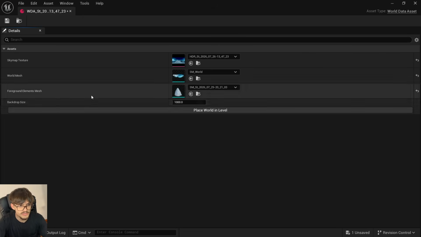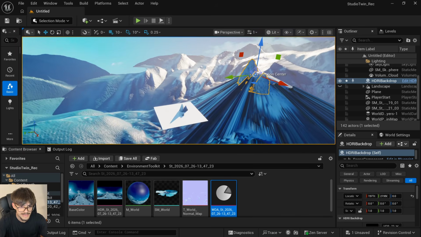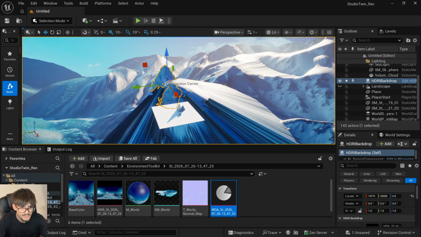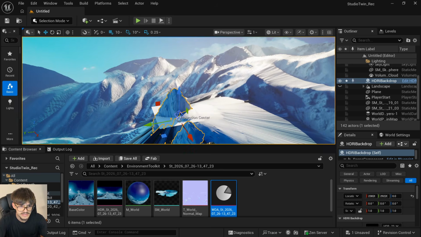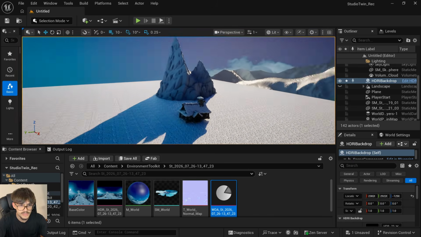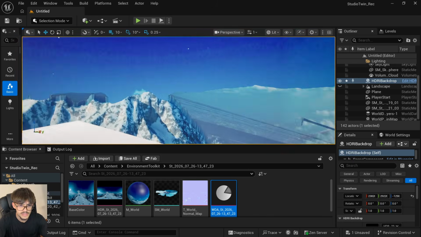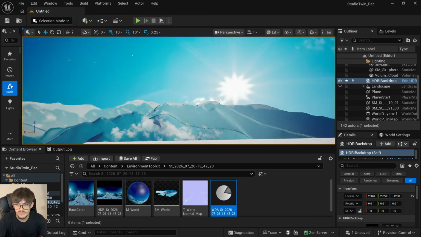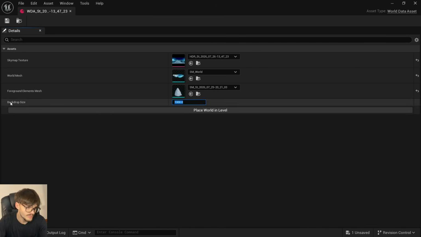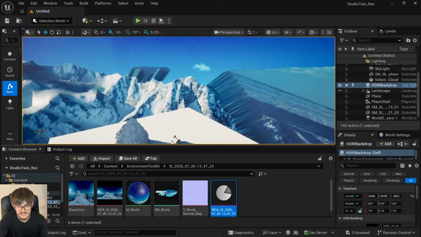You can also set up a backdrop size and then place world in level. Okay, here I have it. I'm just positioning it correctly, exactly where my scene is. And now here we have all the elements that we have created. As you can see, they look very cool. Now, if for example you change the backdrop size to 500, you will see that this is a little bit